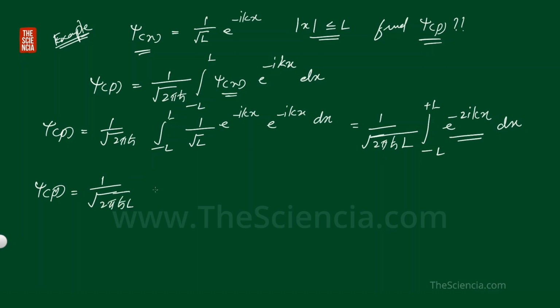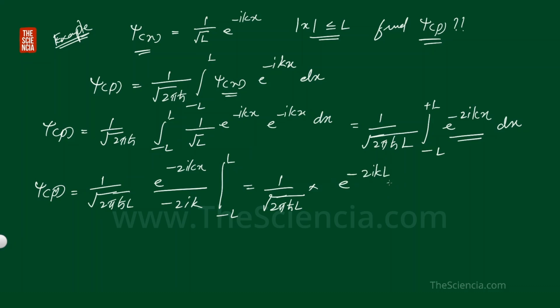the integral of this term is e raised to minus 2ikx by minus 2ik, and the limits are minus L to L, that is equal to 1 by root 2 pi h cross L into, now we have to substitute the upper limit and lower limit, so e raised to minus 2ikL minus e raised to 2ikL by 2ik. So here we can take this k this side, so the remaining we get psi of p is equal